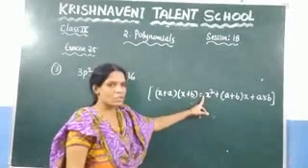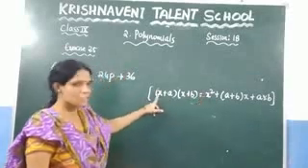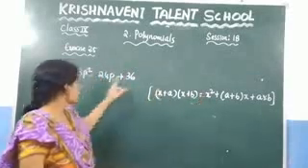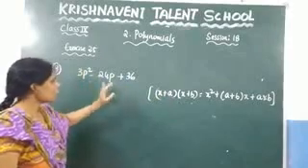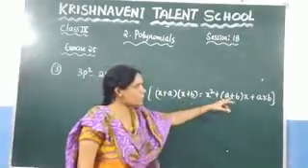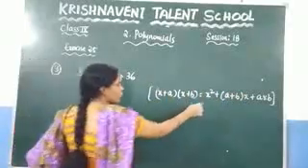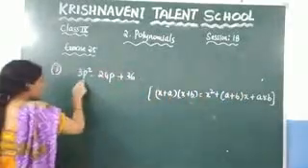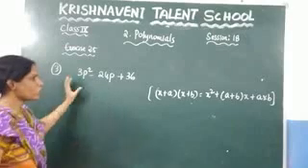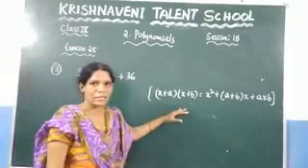Here the coefficient is not there, right? You need to write this one in the form of x square plus a plus b into x plus a into b. But clearly here the coefficient is 1, and clearly here the coefficient is 3. So we cannot express this one in the form of this identity.